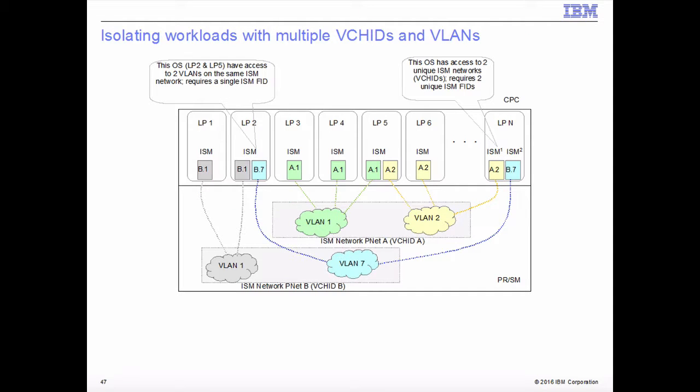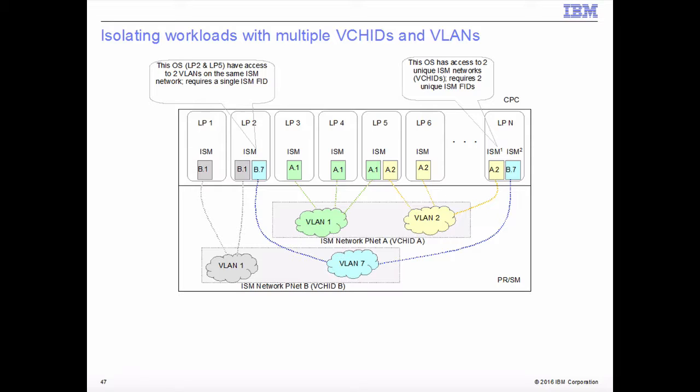I have two CHIDs used for ISM, and you could separate your production and test machines using different CHIDs, or you can also separate them using VLANs. In this example, I've done both. So I've shown you that you can use different CHIDs and you can separate on VLANs. And a couple of points here is that each of these LPARs have a single ISM FID, with the exception of LPAR N here. It actually has two ISM devices because I need an ISM FID per CHID that I'm accessing. So when I'm accessing CHID A, I have ISM device 1, and then for CHID B, I'm accessing it via an ISM